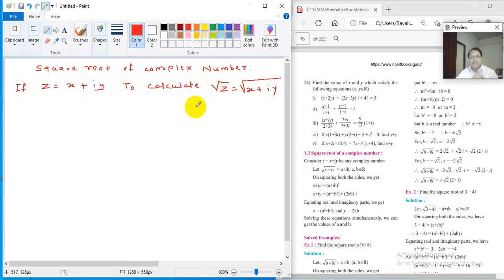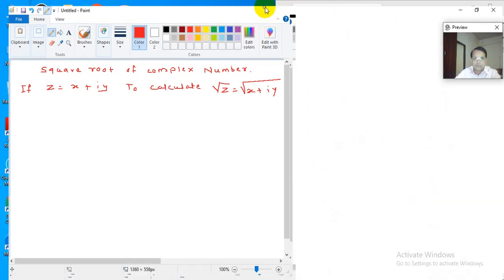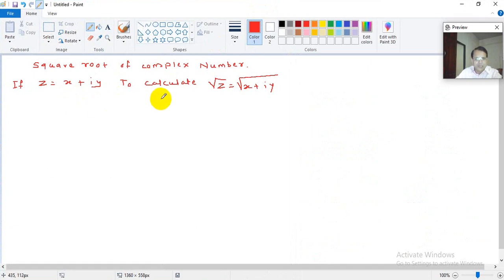Now there is a well-defined procedure that you have to understand. I will enlarge this and then we will again come back to solve certain problems. Here there is a plus sign. We have to calculate root of which complex number? x plus iy. So what we will do, let root of x plus iy